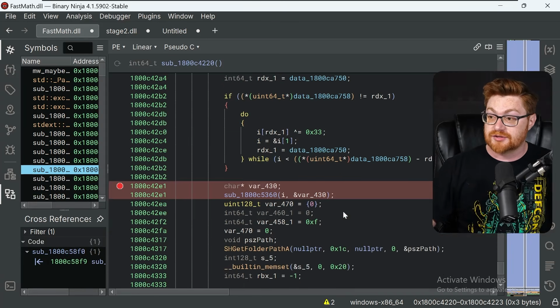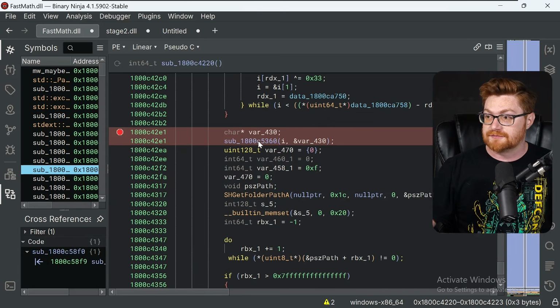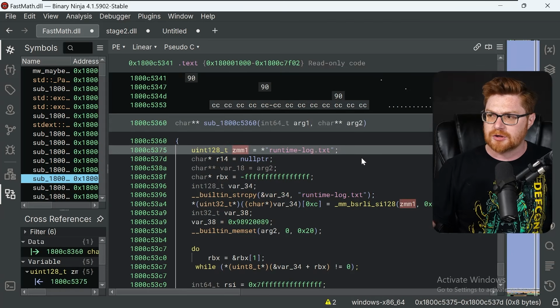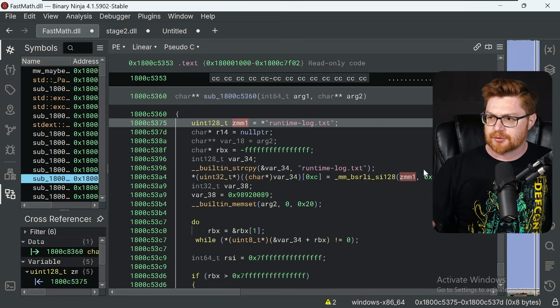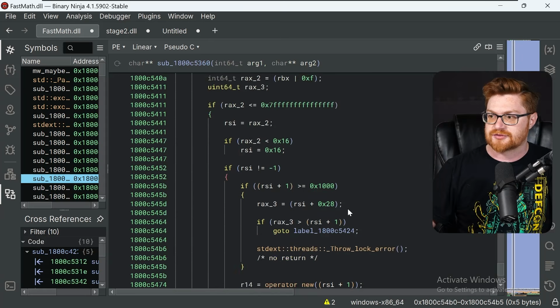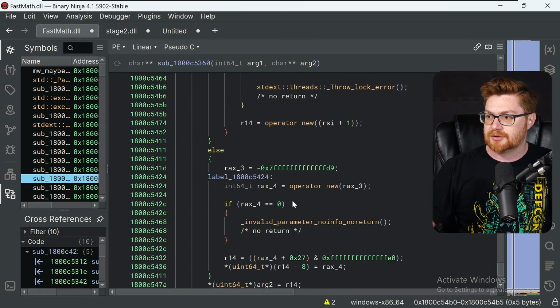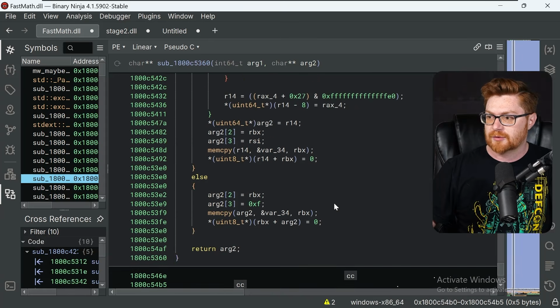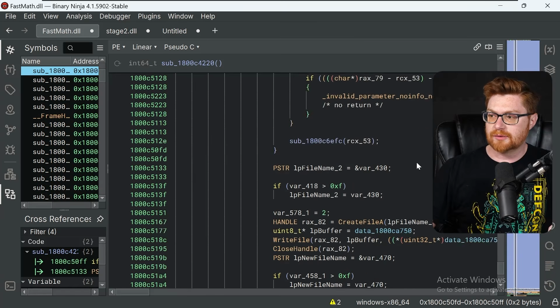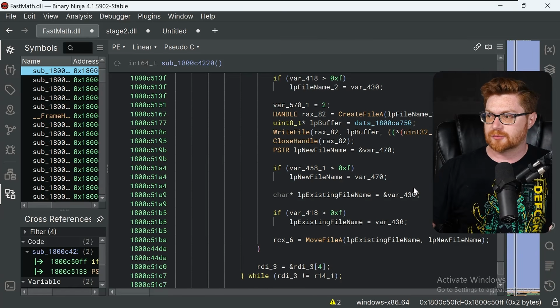But if we were to continue onward, we would fire up another subroutine that actually ends up putting together a runtime log.txt. I'm going to assume that's a file, right? And hey, there's other subroutines and stuff that it tries to call. Go to label operations. We can just scroll through this to get a quick gist. But way down at the very end of this stuff, we do see it